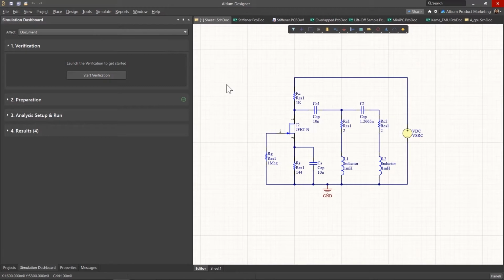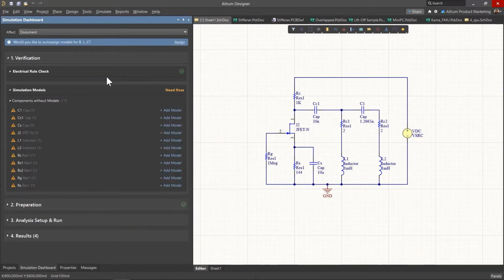So as we talked about, the simulation dashboard allows you to have a guided setup. We're going to start here with the verification of the design. As soon as we do that, it does an electrical rule check and it checks for all your simulation models. As you see here, we are missing models for everything, but as we mentioned, you have the ability to